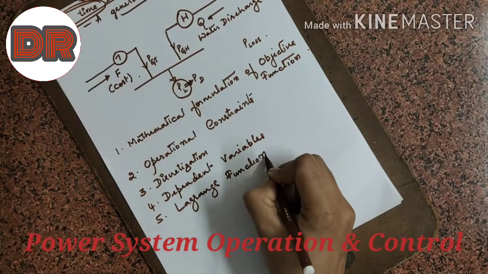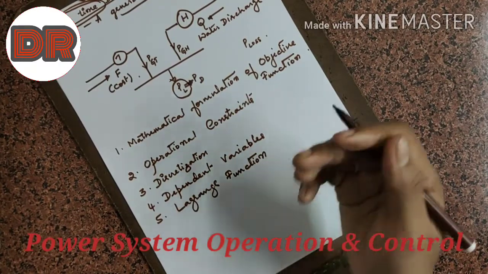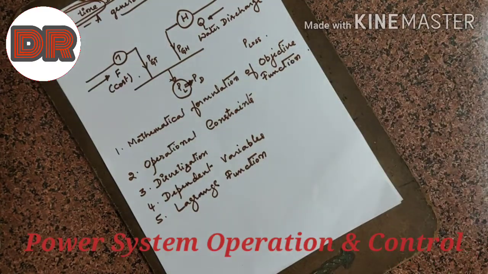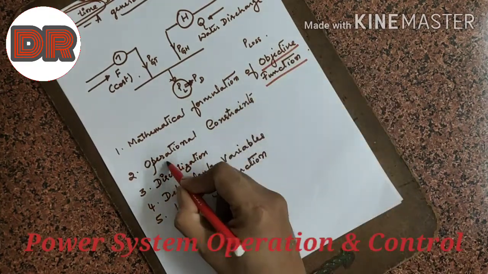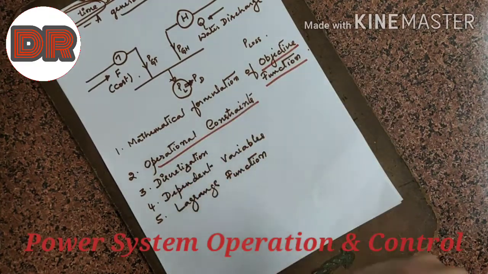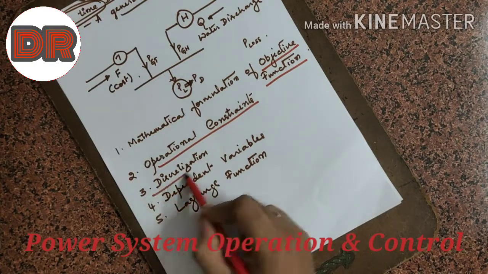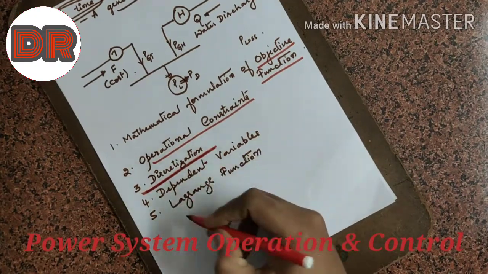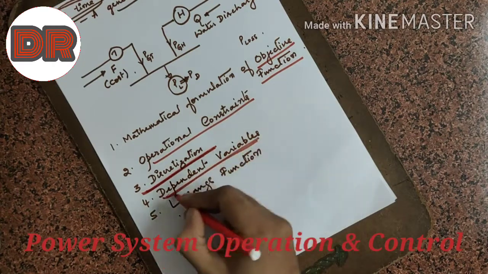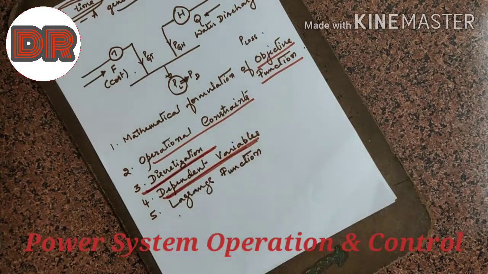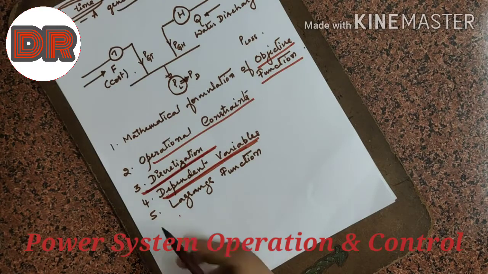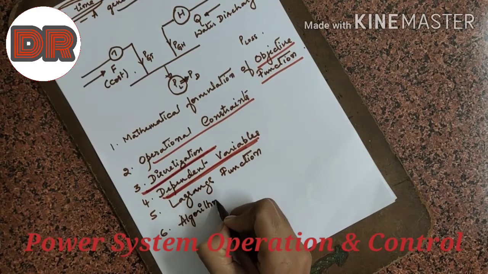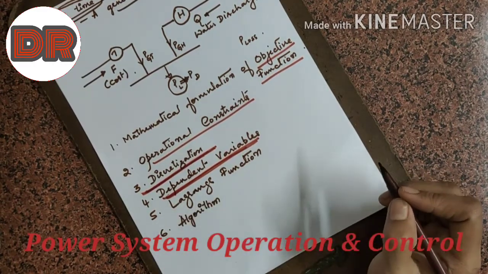In the previous algorithm also we have done the same thing, but let me write it here stepwise. The first thing is to write the objective function. The second is the operational constraints, what the constraints on this system are. The third is how to carry out a discretization, and before writing the Lagrangian function, we have to see what the dependent variables are. Then finally we write the Lagrangian function, and ultimately we write the last, simple algorithm for the system using the discrete time interval method.